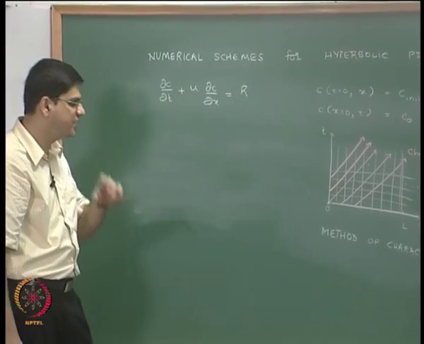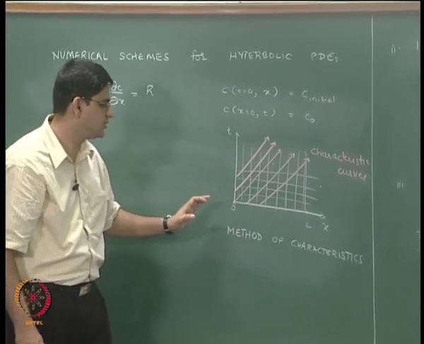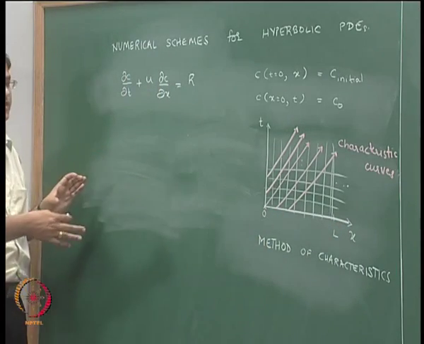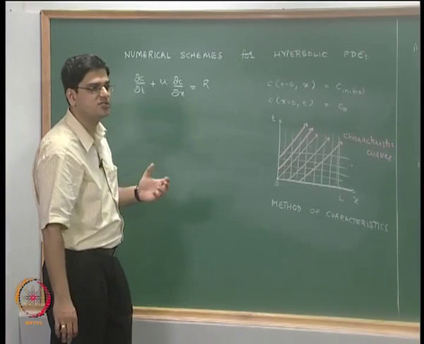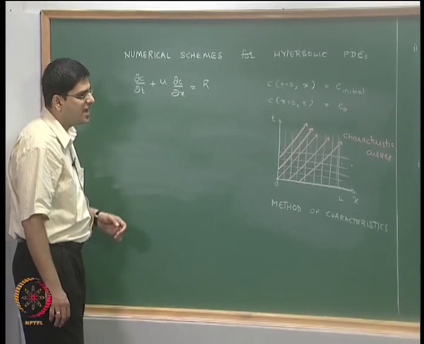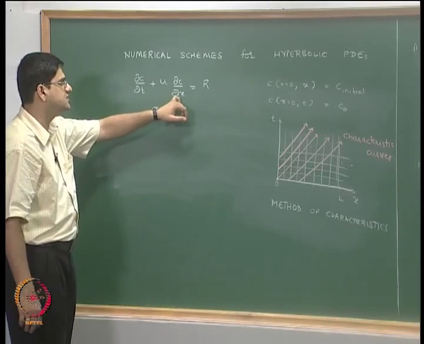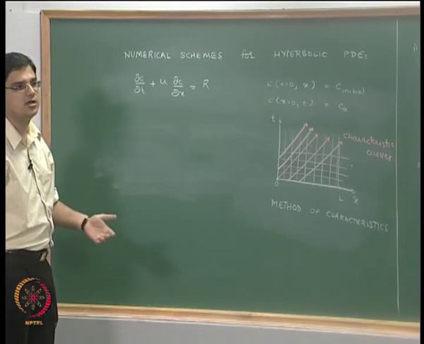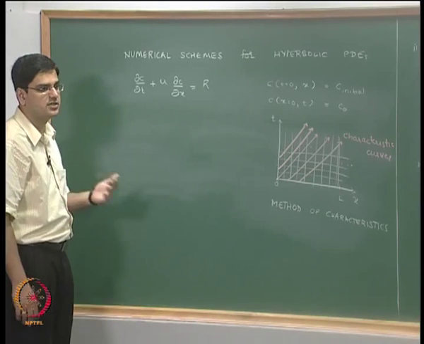Now these hyperbolic PDEs, although numerically there is nothing that stops us from solving them beyond the length L, physically, length L is the length of the reactor. Beyond that, the reactor does not really exist. So there is a physical restriction, even though there is not a mathematical restriction for these equations to evolve in space. As a result, just as we did in the parabolic equations, we are going to discretize in space and in time, and march forward in time rather than marching forward in space. However, numerically there is nothing that stops us from marching forward in space as well.